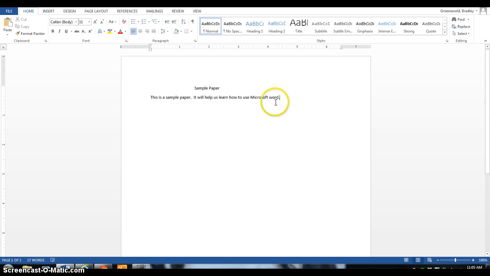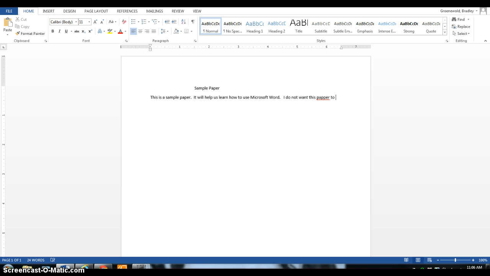Now you'll notice it capitalized Microsoft on its own, and if you're paying attention, it fixed Word on its own. Now since we're talking about a proper noun, we will capitalize that. Now I'm going to keep typing and hopefully it doesn't fix my mistake. I do not want, it fixed it right there, this